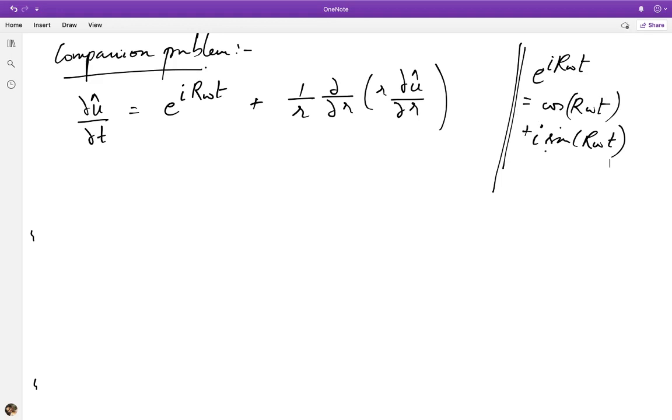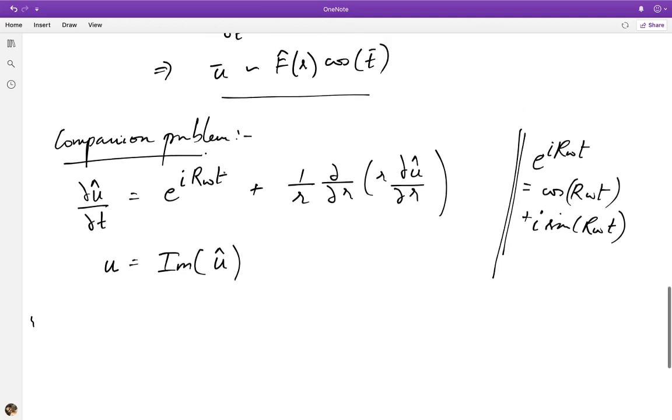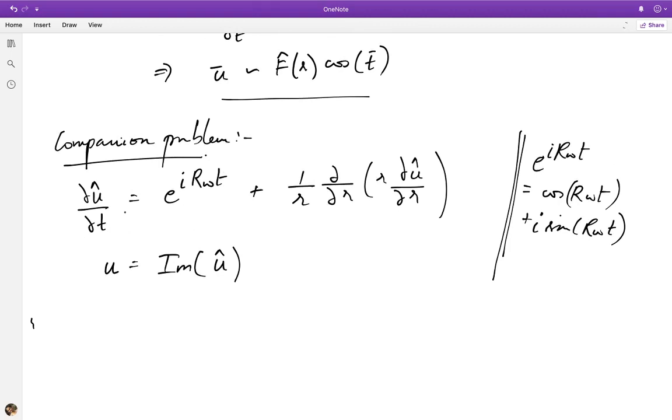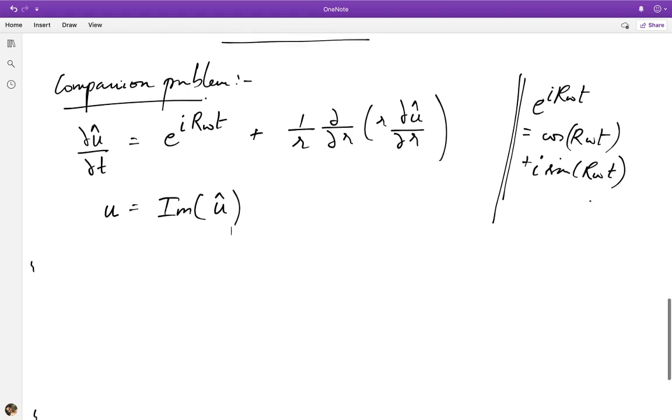So by moving into the complex variable space, we can account for both types of responses in a single problem. And moreover, because our forcing just involves sine, we can say that the solution of interest u is simply the imaginary part of the solution u hat. Right? This follows because the equation is linear. If the equation is non-linear, this wouldn't work. But because the equation is linear, u hat really has two parts. One part that responds to cosine, one part that responds to sine. So if I solve for u hat, I know that the imaginary part of u hat is really the response to sine, whereas the real part would have been the response to the cosine.